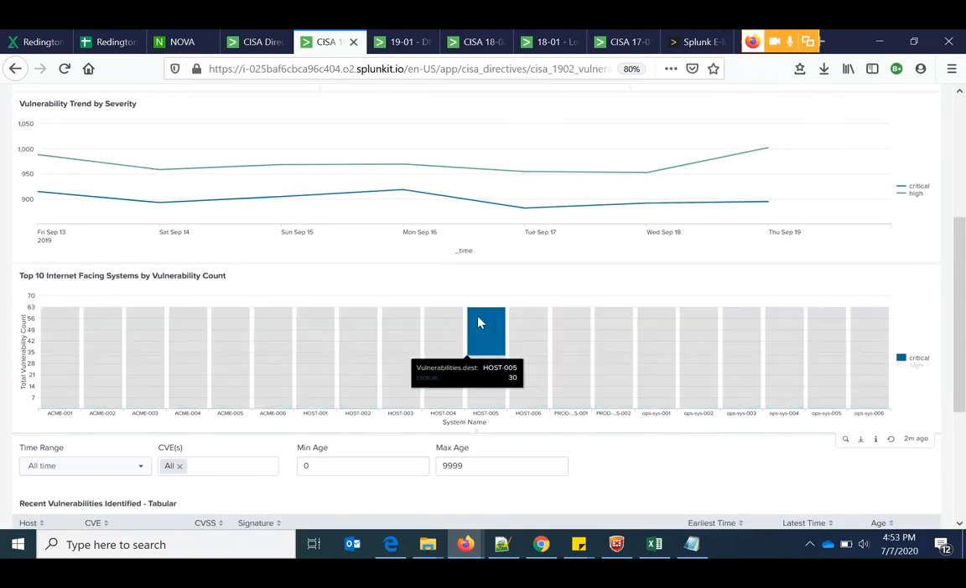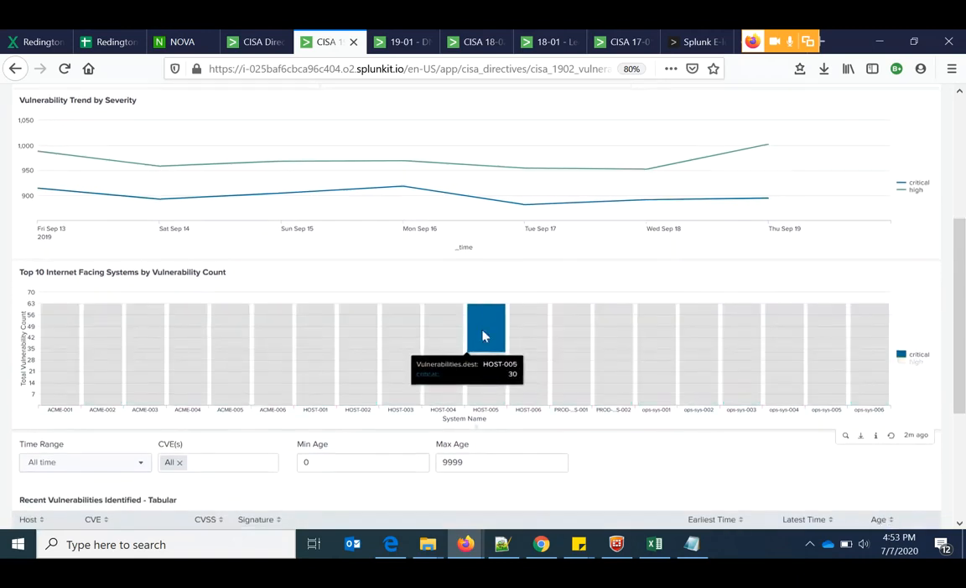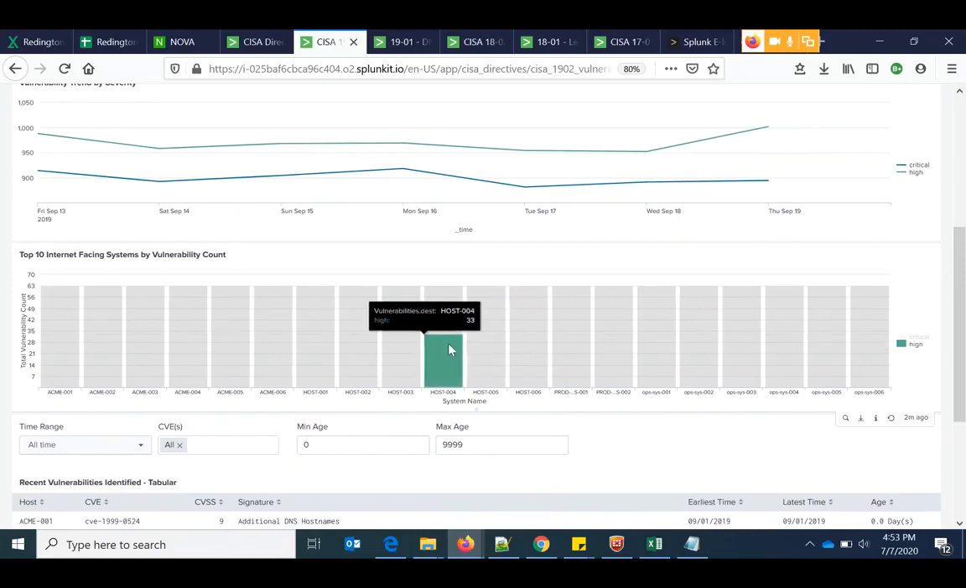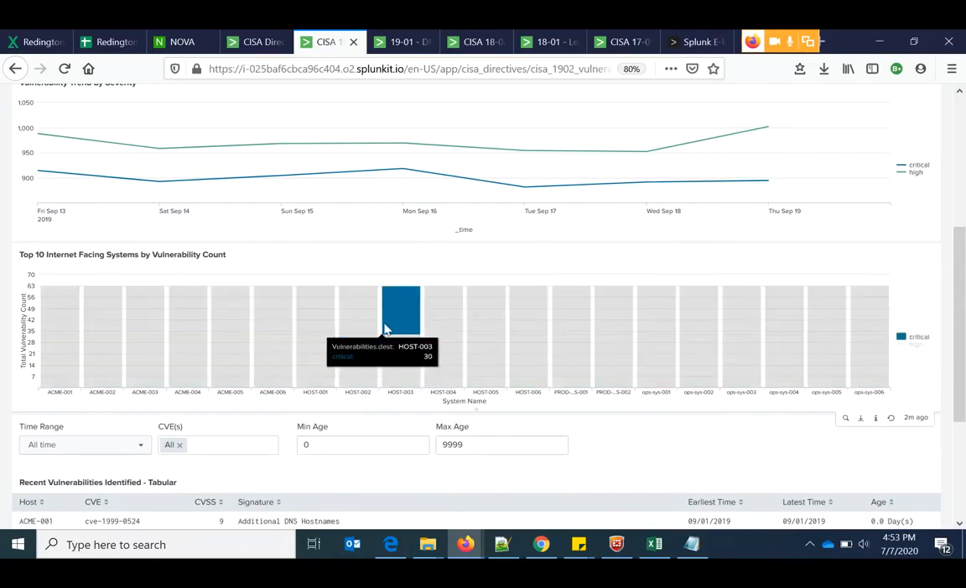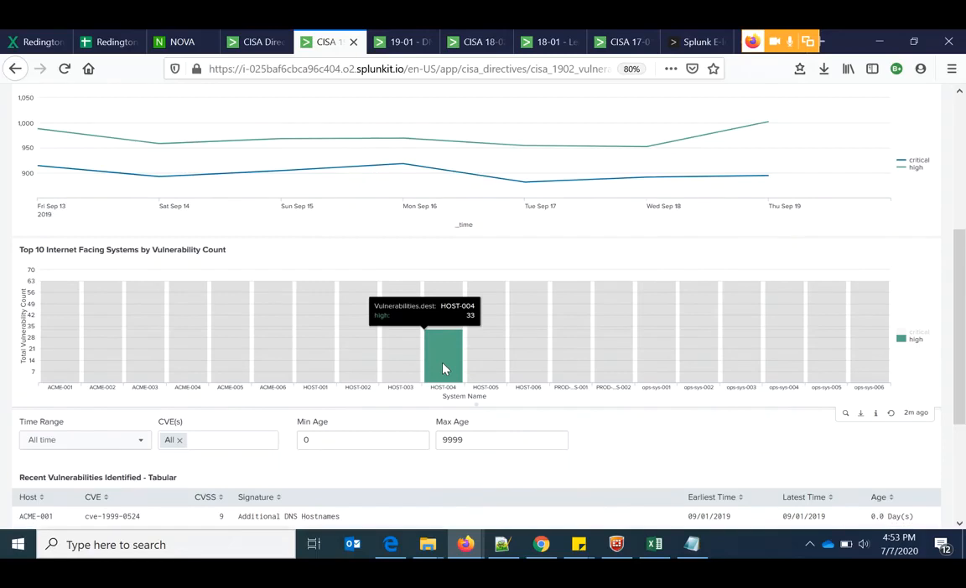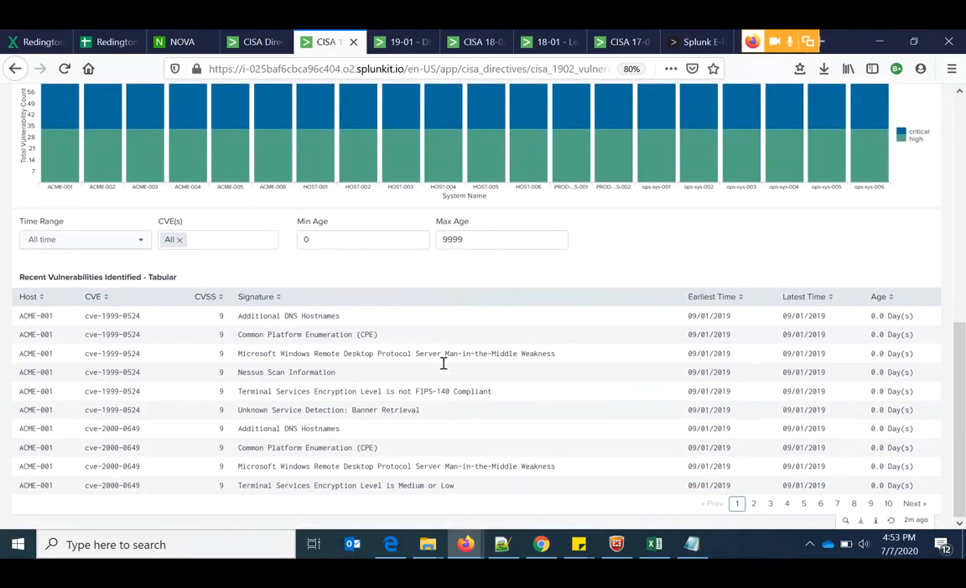Then below that, you can view the hosts with the greatest number of vulnerabilities present. Whenever you hover over, you can see the details of the hostname and the vulnerabilities present. You can just click on them and deep dive down below as a filter. So that's where the bottom layer of this dashboard is, the list of CVEs, host signatures, and